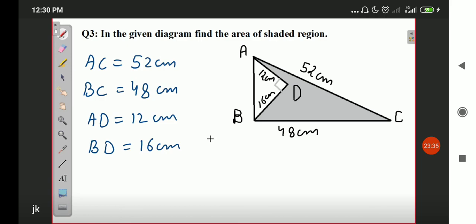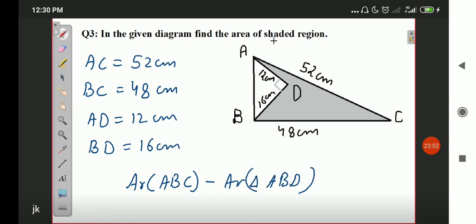In this question, you have to find out the area of the shaded region. How will you do that? You will find out the area of triangle ABC and subtract the area of triangle ABD from that. Now triangle ABD is a right angle triangle, so you can apply the formula of half into base into height. And for triangle ABC, you have to use Heron's formula. The third side of this triangle is not given, so that is the catch. How will we determine the hypotenuse of this right triangle? For the smaller triangle, it's the hypotenuse, and for the larger triangle, this missing side, are both equal. So that is the hint that I want to share with you. I hope you get it.